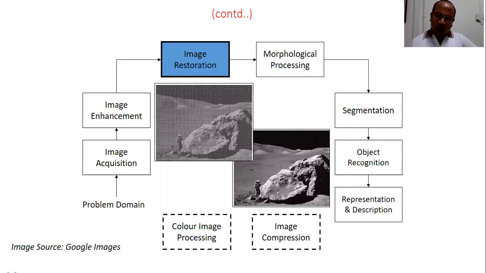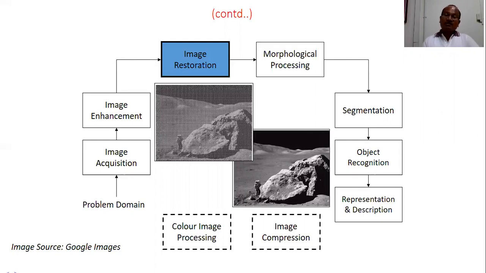That the analysis of noise, the characterization of noise is also made, which is not generally done in image enhancement. In image enhancement, what actually do we do? We compare whether your enhanced image is better or not in terms of some quantitative statistics, some parameters like PSNR, peak signal to noise ratio, CNR, contrast to noise ratio. Those parameters are used in restoration also.